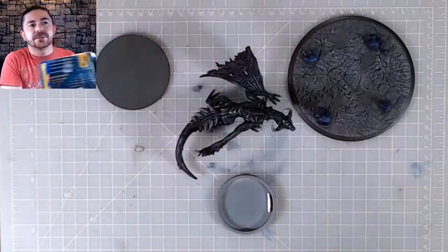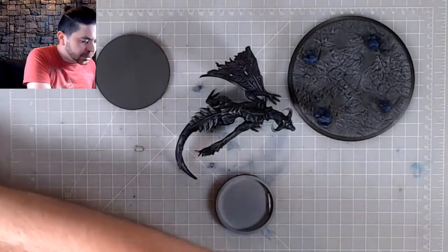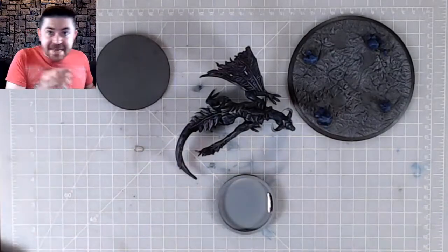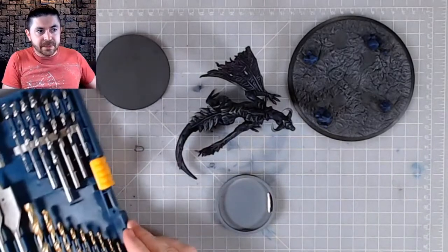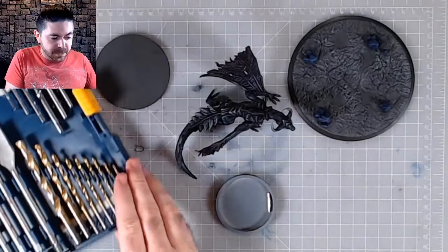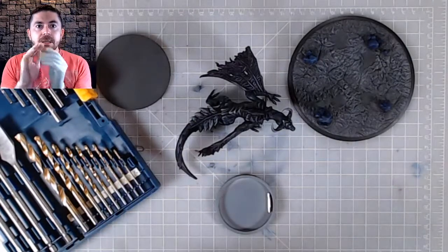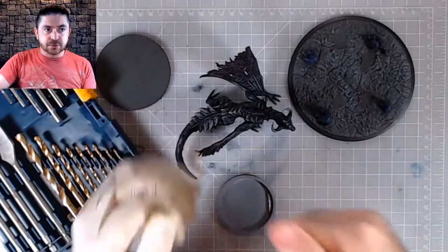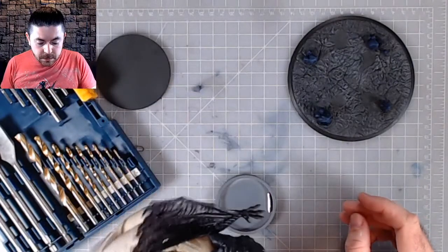It's time to bring out the drill bits. Because we are going to be drilling into this guy's feet. We're going to be drilling into the base. It's going to be a fun time. Now, the way that we're doing this, I'm not actually pulling out the power tools themselves. I'm not putting a battery onto this and just drilling into it. That's gonna break this guy. Michael, can I move the...